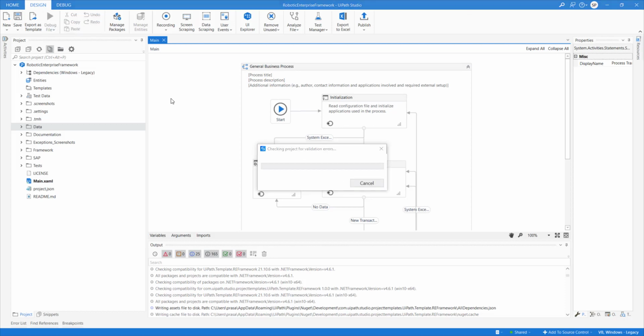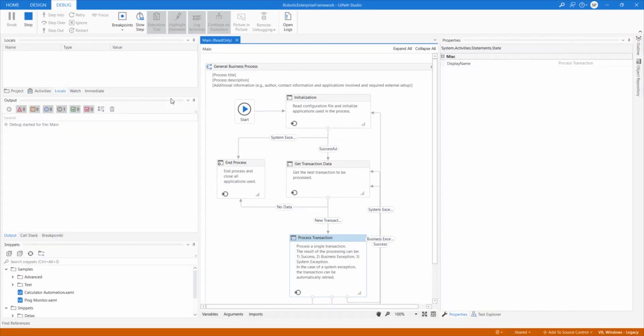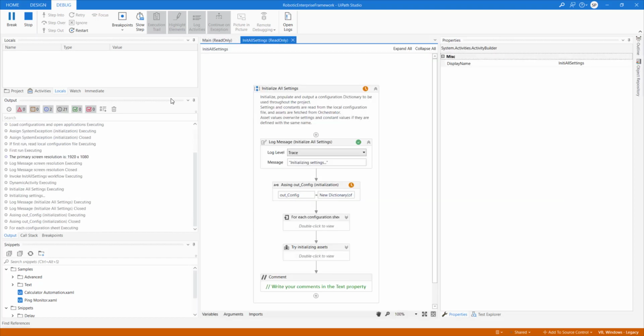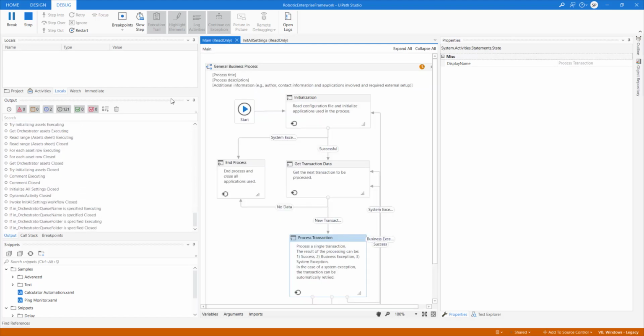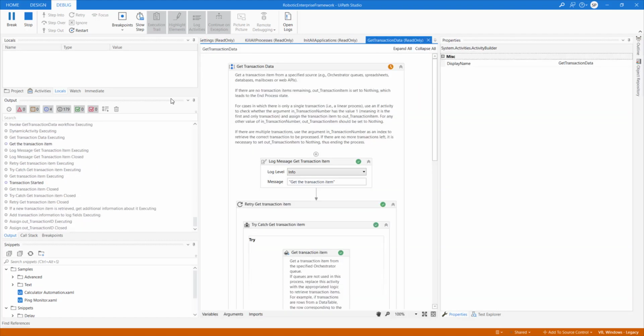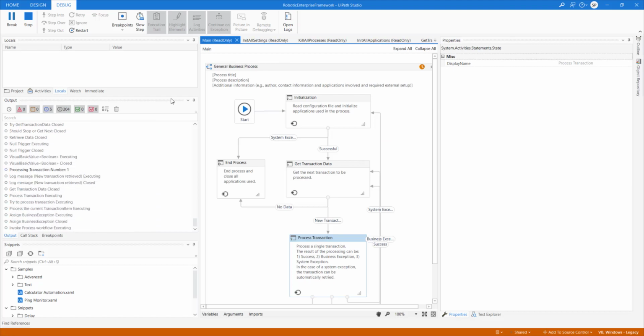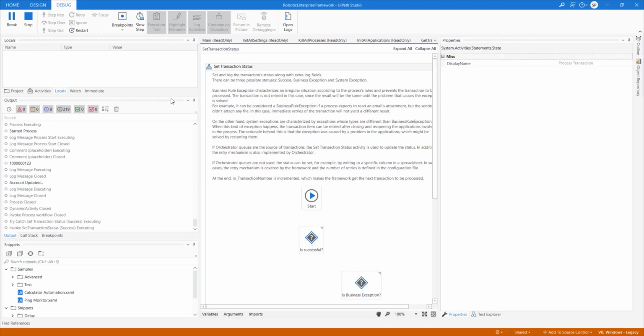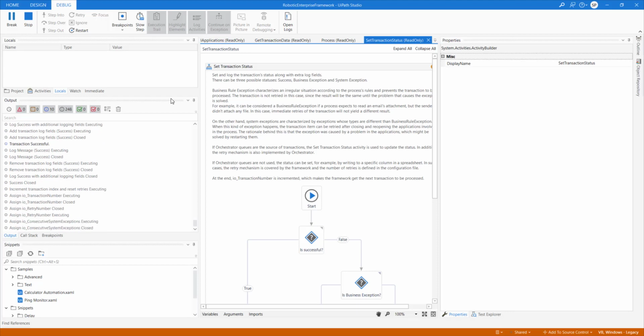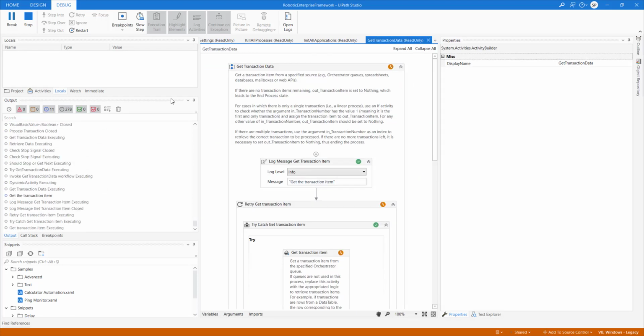Running this bot. You can see these log messages, the reason being the activity was highlighted. So it's getting the transaction item. Now it has gotten the transaction item, it has put the transaction item as success, and moved to the next step.